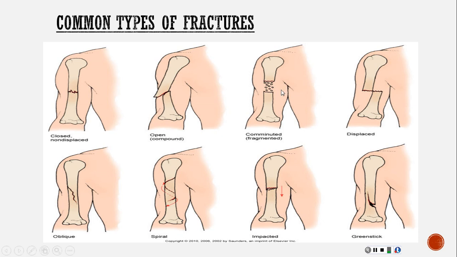All right, then you've got a displaced fracture. This is similar to a closed fracture. Usually you're going to have an obvious deformity, but it hasn't broken the skin. Okay. Now this could quickly become an open fracture if you don't contain or immobilize the injury, if one of those fragments of bone pierces the skin. But this one, they're going to pull it and move it back in place. Usually manual reduction is what they would use there.